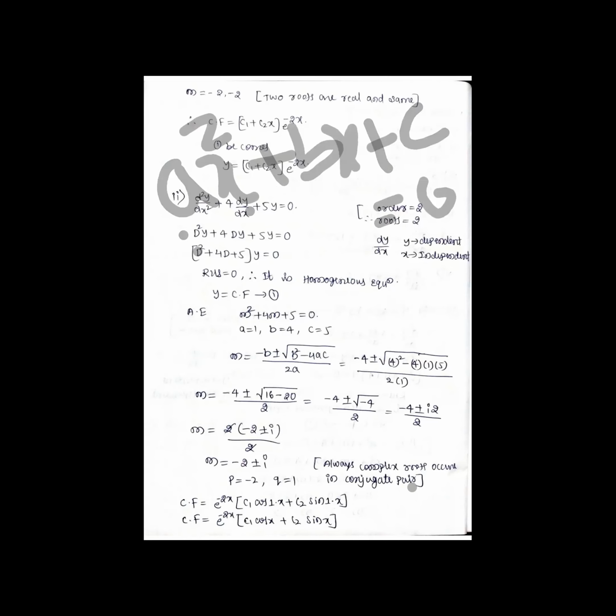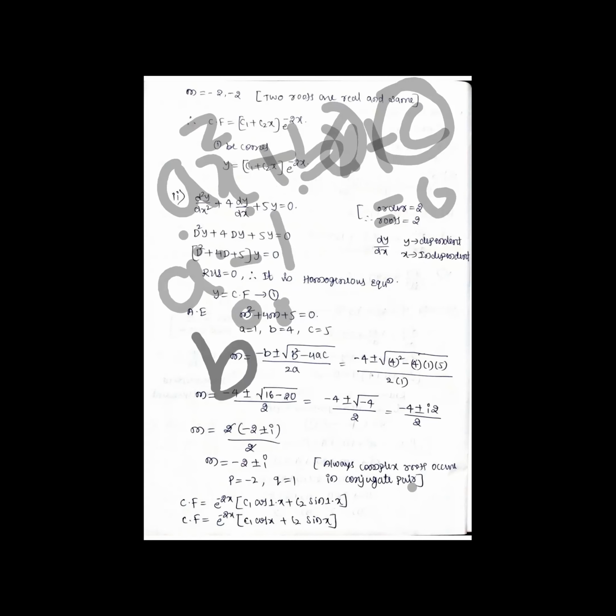We have a general formula that we have studied in primary or high school: ax square plus bx plus c is equal to 0. The coefficient of x square is called a. Instead of x square, m square is there. The coefficient of x is called b. Here m is there. Then the constant term. So what is the coefficient of m square? That is a, so that is 1. What is the coefficient of m? That is b, that is equal to 4. Next, what is the constant term? That is 5. So understood this? How to get it?